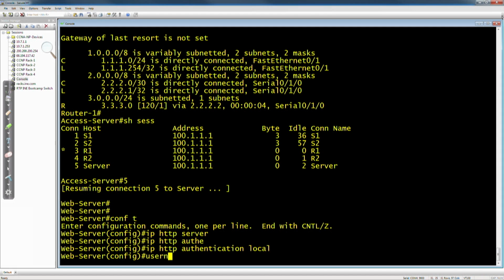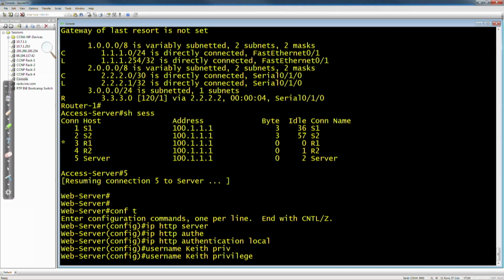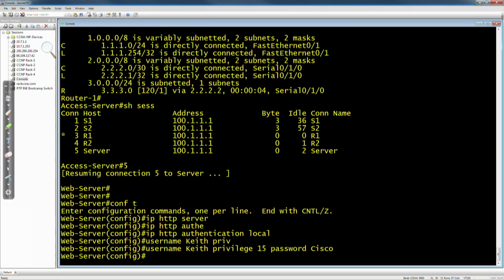Let's create it. Let's say username Keith. And Keith is going to be given access to privilege level 15 commands, which means when Keith logs in via the web browser, he can access any command that he would normally be able to access via the command line. And Keith is going to have the password of Cisco. All right, so there's a username and password. In the real world, as a network admin, you would provide a username and password for the network admin at your company. And then we're going to go aaa new-model,